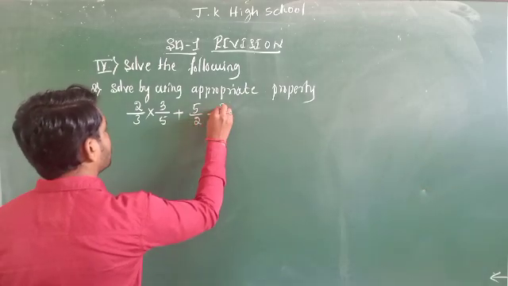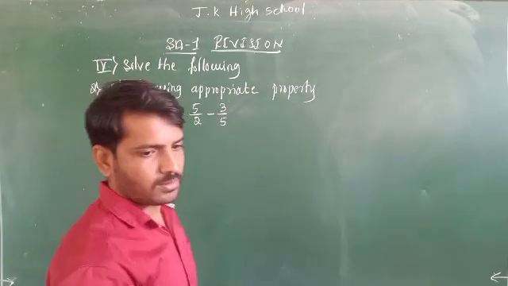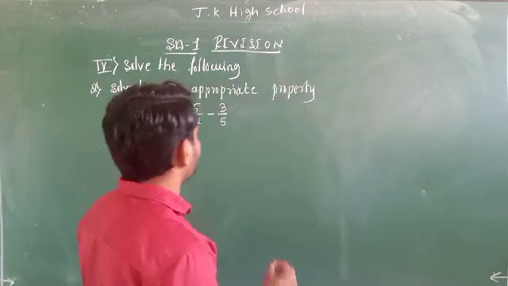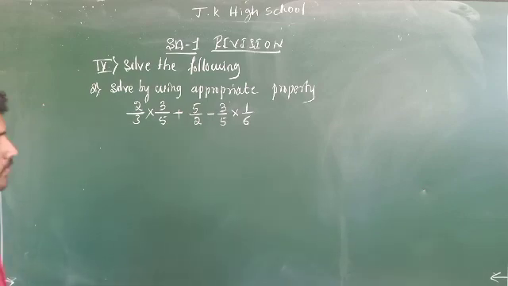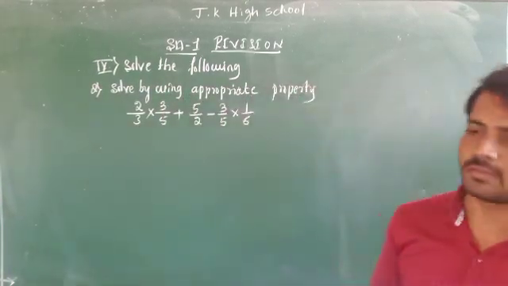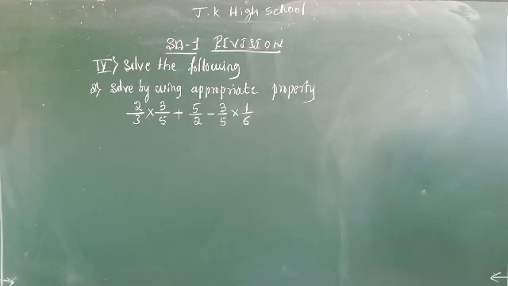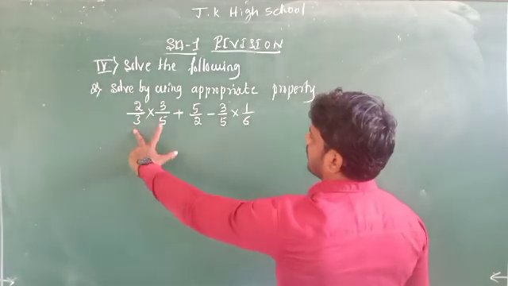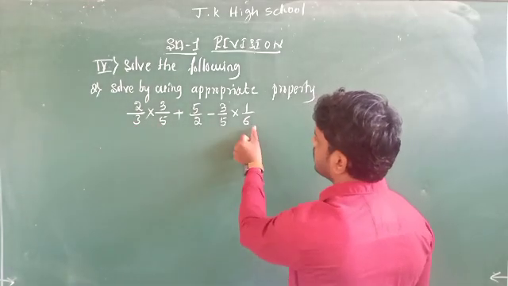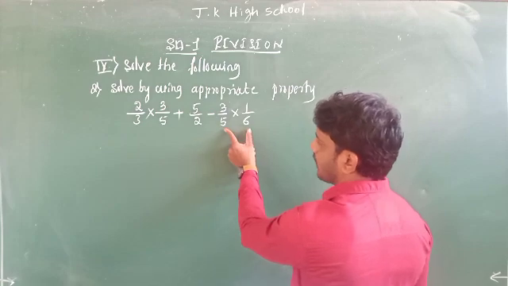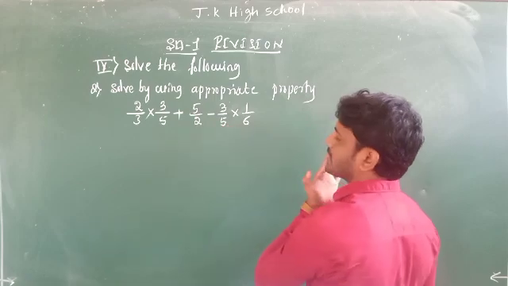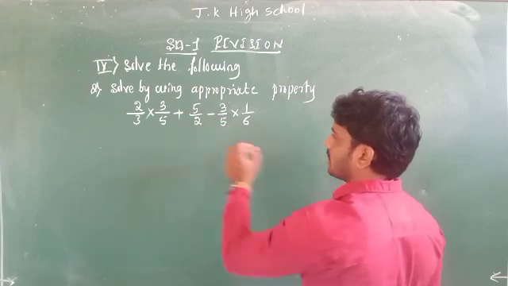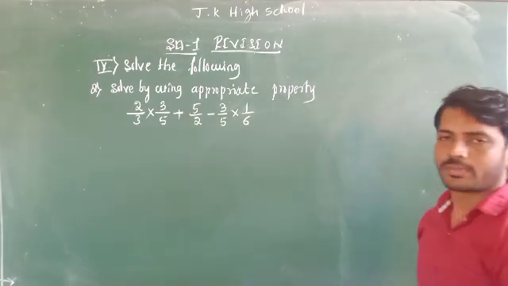into 1 by 6. Okay, here we can apply the BODMAS or we can apply any one property. But here, if we consider A into B and this is not a B into A, but in 2 by 3 and 3 by 5, here 3 by 5 and 1 by 6 is there. Understanding means out of these two values, 3 by 5 is common.